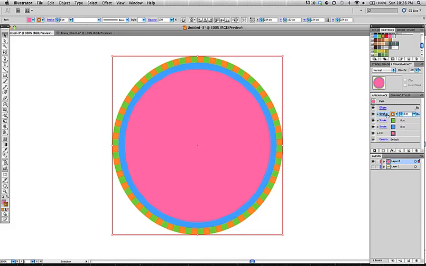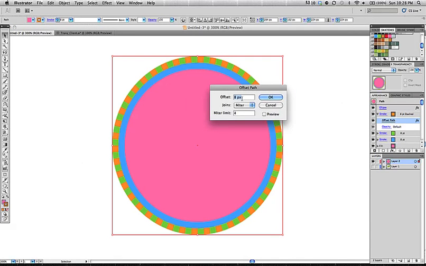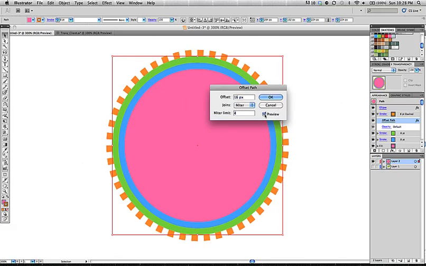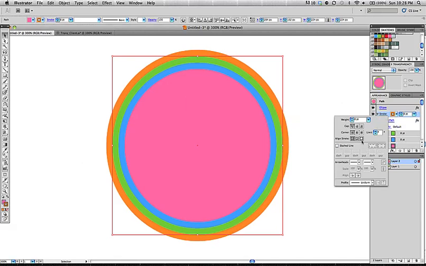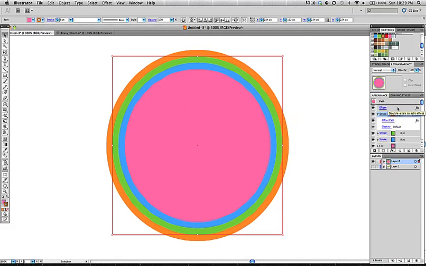Whatever, I can do all kinds of stuff. I could go back to my offset path, and I could say instead of 8, let's make it 16. Preview that thing. And now I've got sort of like a gear, like a, are they called cogs? I think so. So 3 strokes all just right next to each other. The outer one is dashed. It doesn't have to be dashed, could be solid, whatever. If that were the case, I'd just go here and take the dash off, and now I'm starting to get kind of rainbowy,